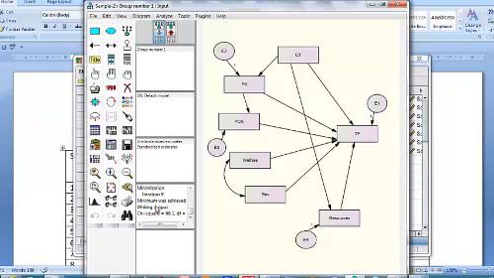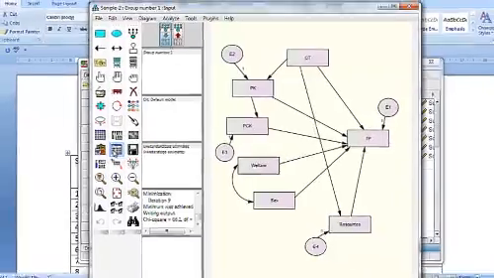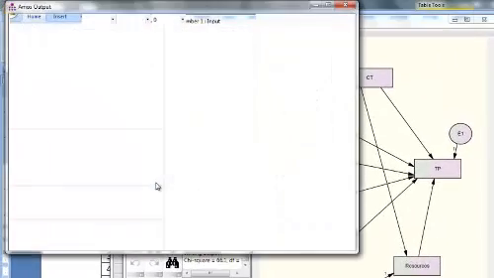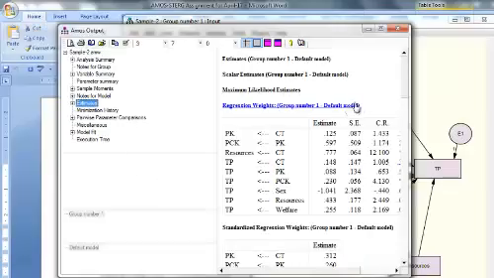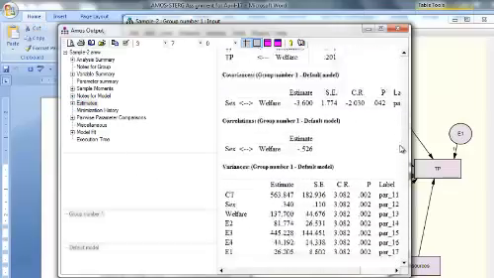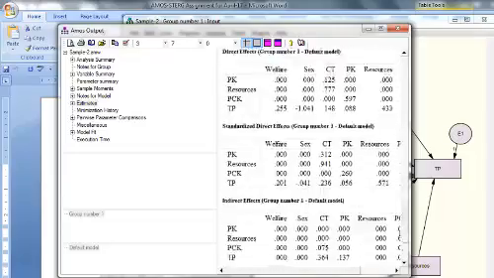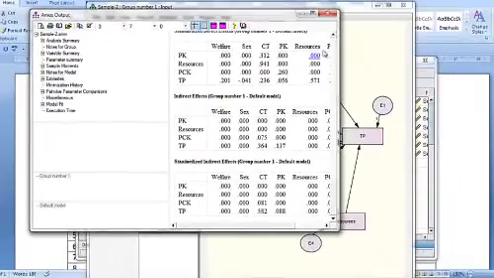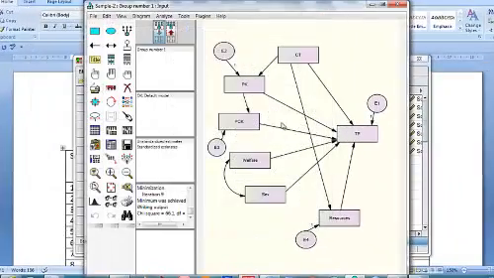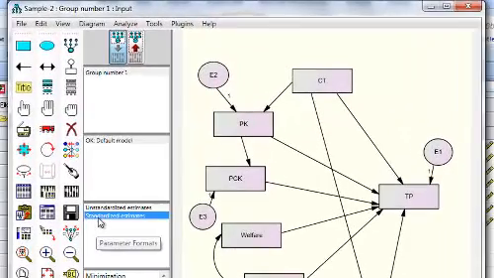It has given us all these values. We'll be looking at the tables that it will generate for us in the next lesson. So, okay, let's just have a quick look here. These are some of the tables that it generates for us. And from these tables, we have all the beta weights added. If we go to the standardized estimates, if you click on standardized estimates, on the left here,